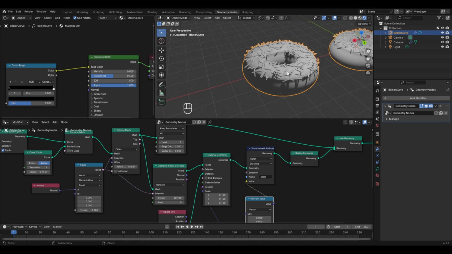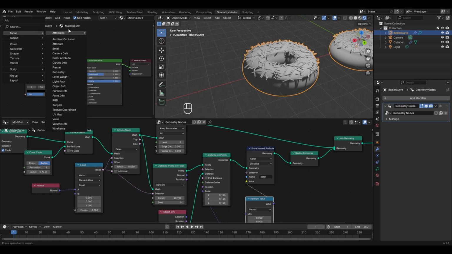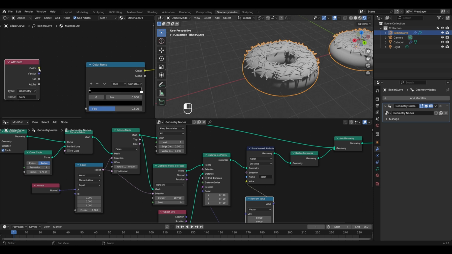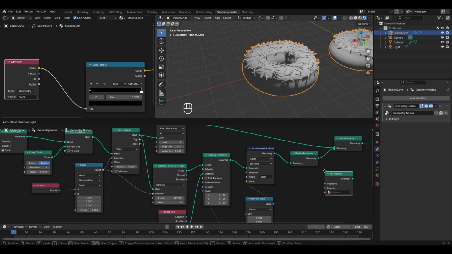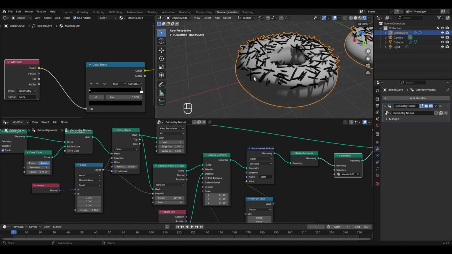Now to apply the colors on the sprinkles, we need to add the attribute node here with the name that we assigned in this node. To do this, press Shift plus A, go to input, and from here, select the attribute. Let's place it over here. Now in the name option, we'll type color, and this is the same name which we assigned to the attribute in this node. Now to connect it with the color ramp, I'll take this color socket and connect it to the factor. And to view the changes here, we need to use the set material node in the geometry nodes editor. So press Shift plus A, go to material and select the set material node, and we'll place it after the realize instances. From here, I'll select the material.001, and with this you can also see that the sprinkles are now assigned the material.001, and so they appear to be black colored.